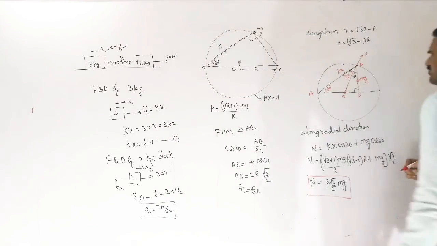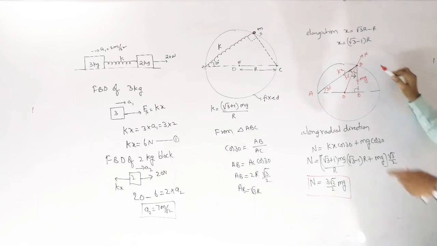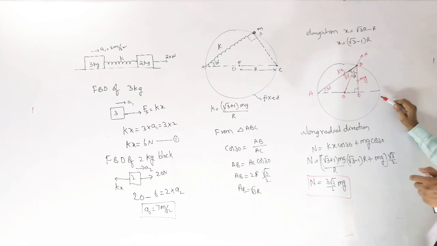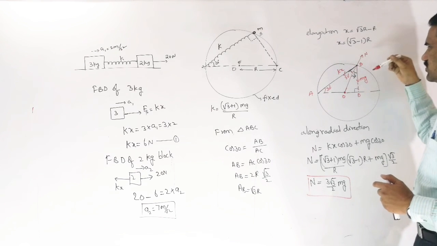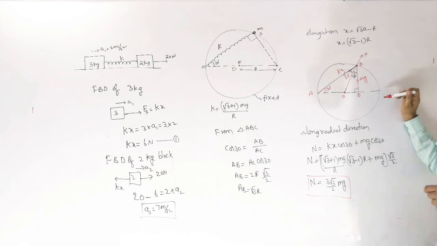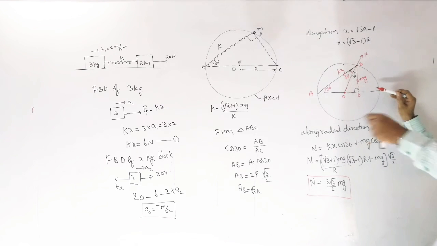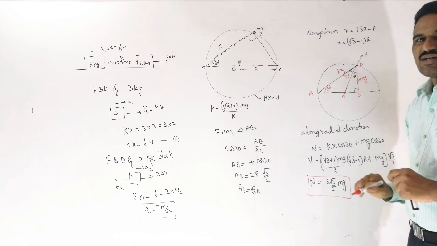So is this equation clear? Along the tangential direction some acceleration will be there because it starts accelerating along the direction. That is not asked here. Tangential acceleration is not required here. If it is required, then you need to take the component along this direction also, and for mg also you will get another component along this direction. Net force equal to ma you need to write. Tangential acceleration will be there because the bead starts accelerating along the tangential direction. Once you release it, it will move along this direction here.